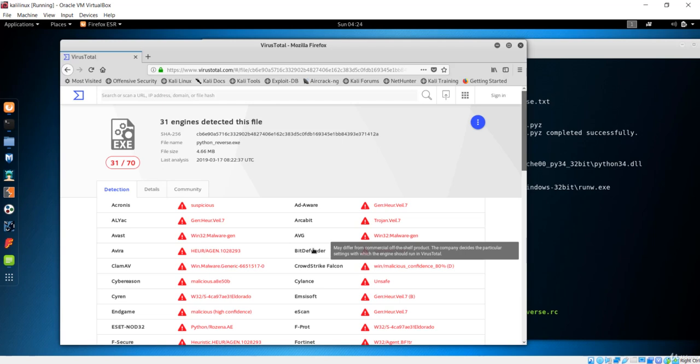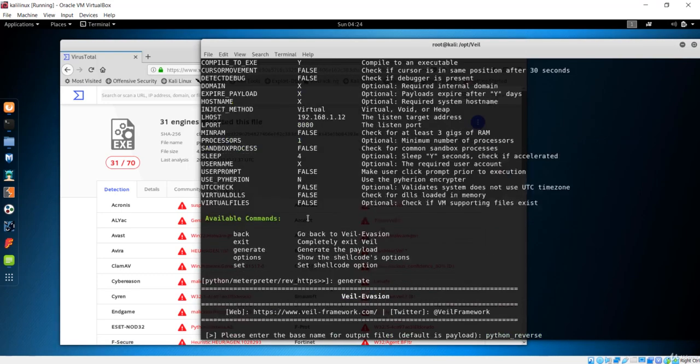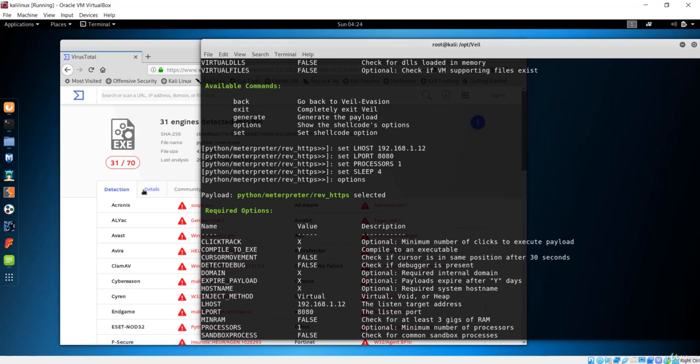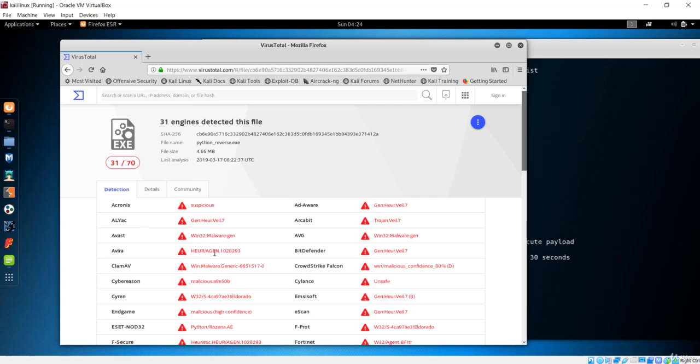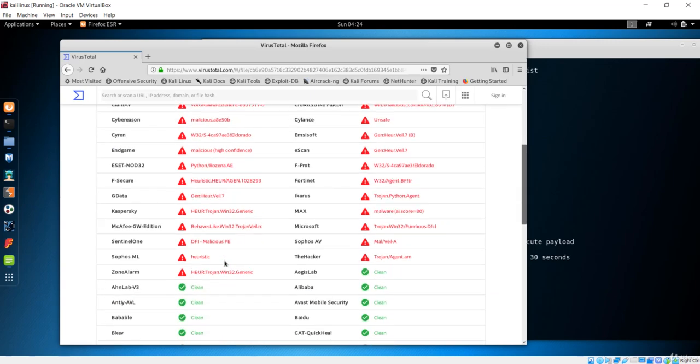We'll make a complete reverse shell that will be cross-platform. That means it will work on any of the operating systems that are available. So this will be a wrap for this lecture. You can clearly see that even making this payload with Python did not work for us. We changed some of these options over here, so it didn't work again. We'll try something else in the next lecture. See you in the next one.